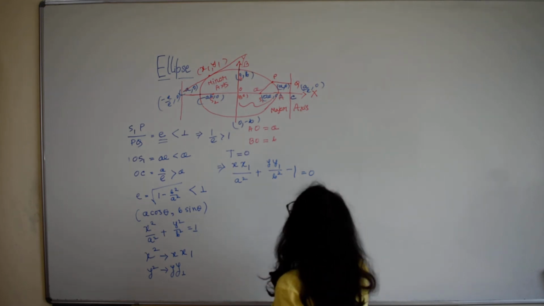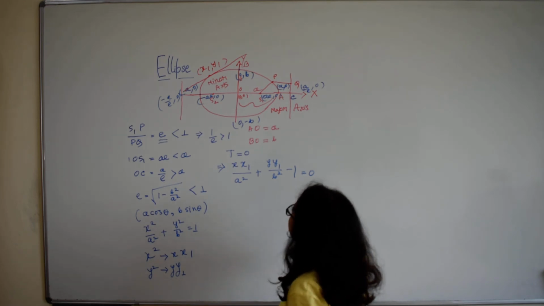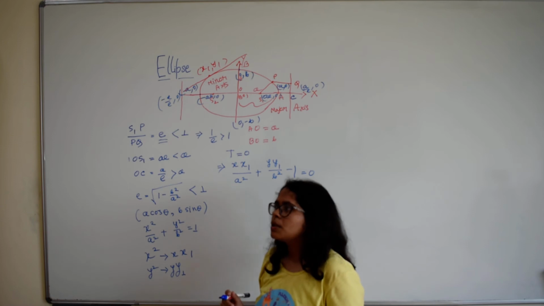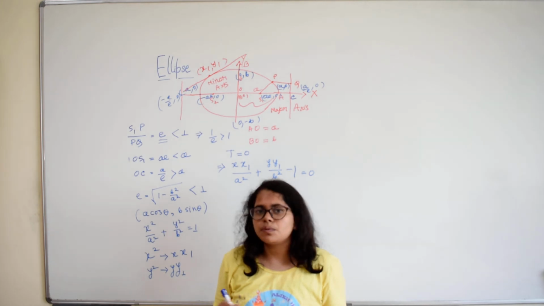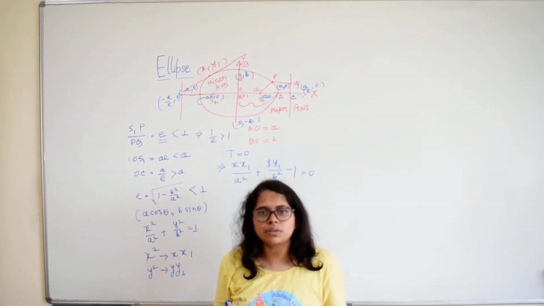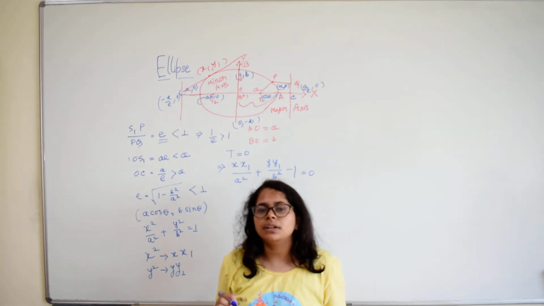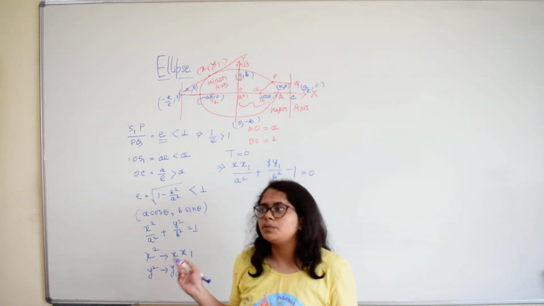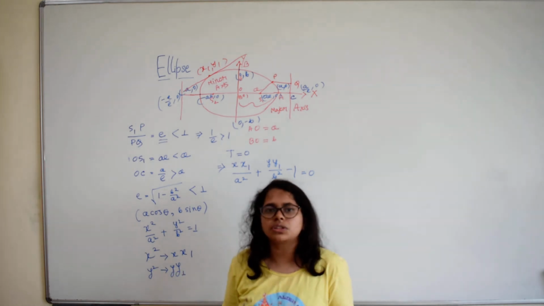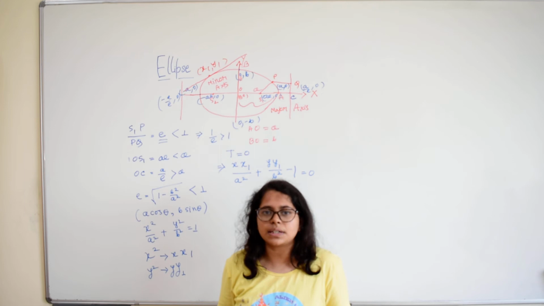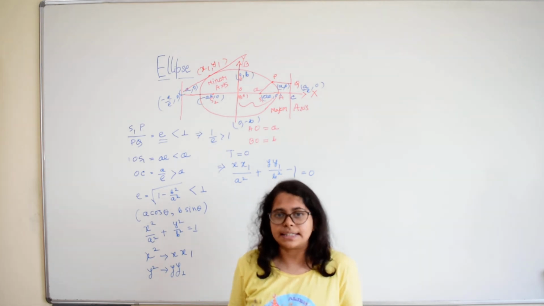Now we will study the equation of the normal of the ellipse. So we can see that there are many formulas for coordinate geometry. We have to remember these formulas, because in the exam hall, if we try to derive these formulas and solve the equation, it will take more time. On the other hand, if we remember these formulas, the question will be direct, and they won't ask very difficult or complex questions. If we remember these formulas, the questions will be solved directly in 1 minute or less. So you can easily solve the question in less time.